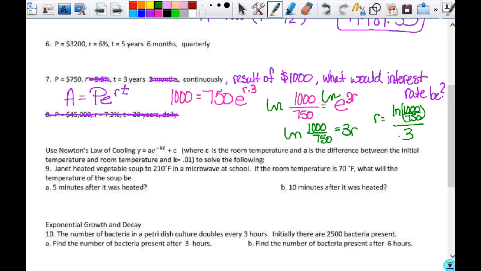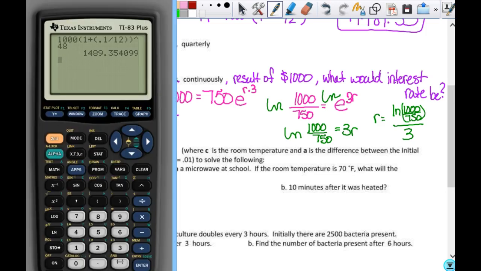If the parentheses stress you out, you don't have to type it in all at once. I can take the natural log of 1,000 divided by 750 and hit enter, and then I can just take that number and divide by 3. Remember, we don't retype anything, everything has to be exact. So I get this,